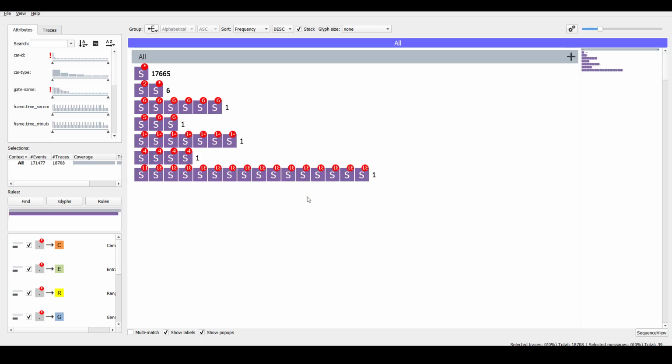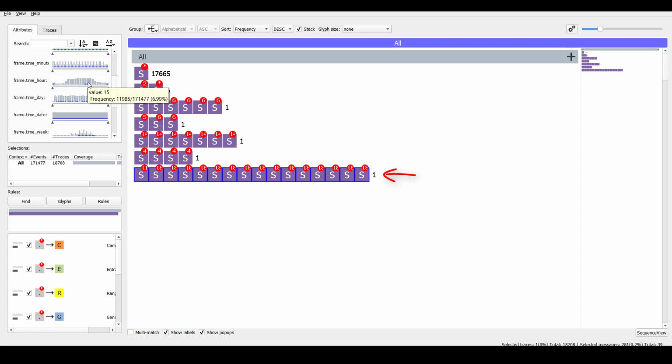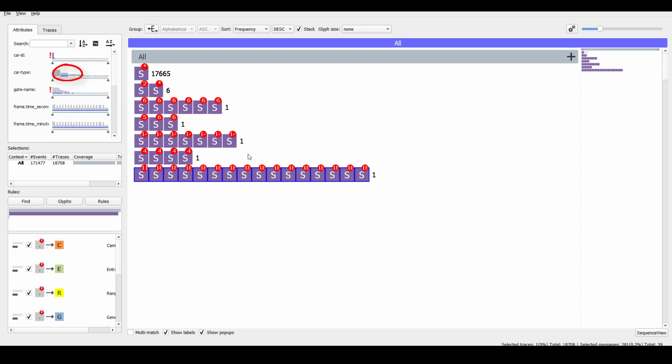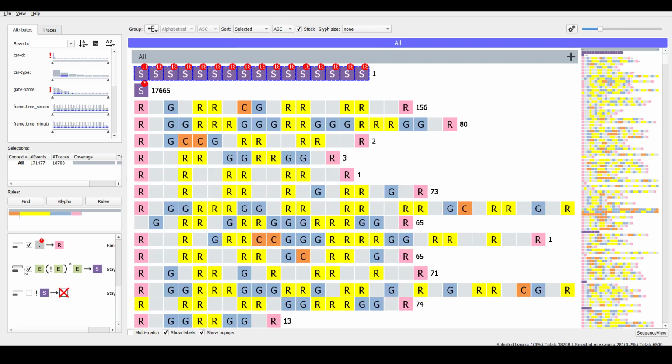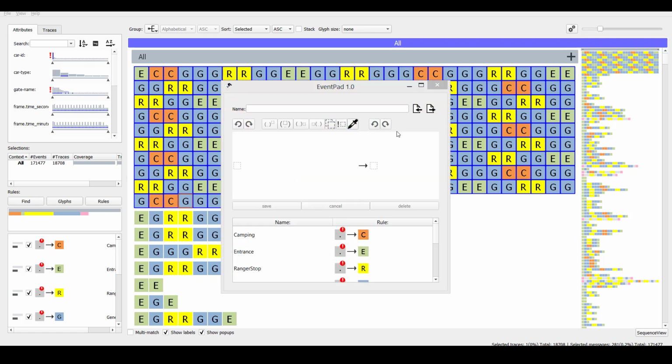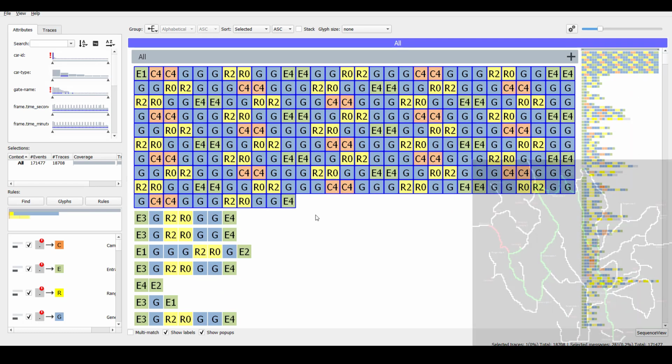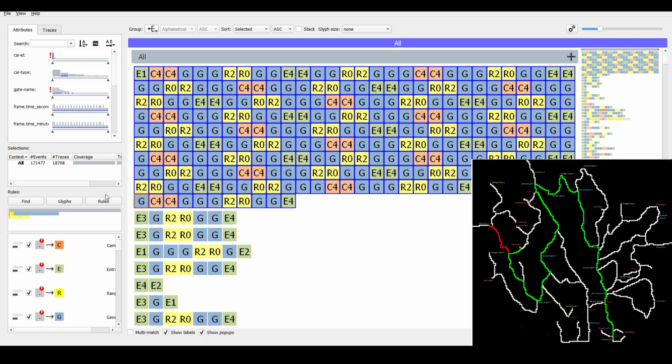This shows that most of the vehicles enter the reservoir at most once, and some don't. The longest sequence corresponds to a 2-axle truck visiting the reservoir multiple times. Sorting the sequences by selection and disabling the filter rule, we can see that this vehicle shows a lot of repetition. Inspection of the sequence with a more detailed rule set shows that this vehicle always travels between camping 4